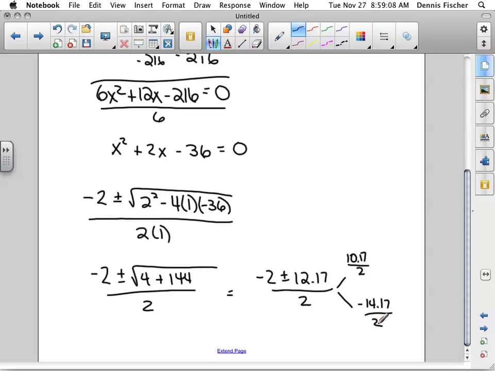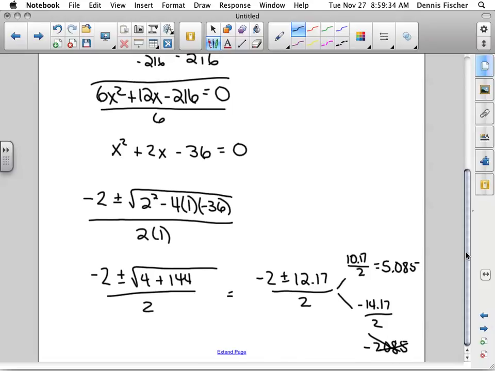We got 10.17 divided by 2, 5.085. This is going to be a negative 7.085. Which one makes sense? 5.085. That's going to be your closest answer. For negative, you can't have a negative side, right? Now, if I went back with 5.085,